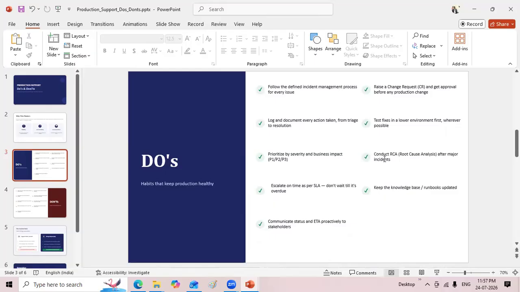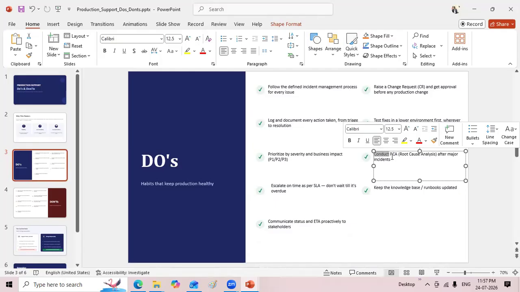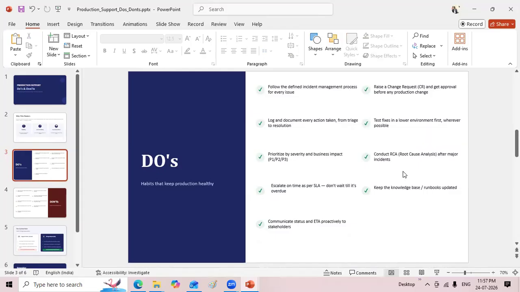Okay. Next is conduct RCA after major incidents. See, this is something to resolve the issue permanently. So RCA stands for root cause analysis. How are you going to resolve the issue? How much time it will take? That is not in your hand. As a part of a temporary solution, you can do the backout and do the analysis, check the logs, understand the